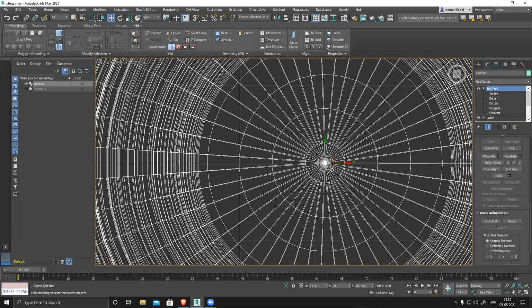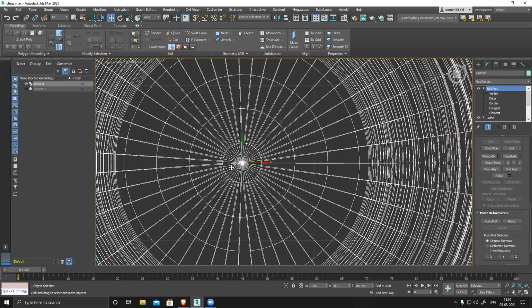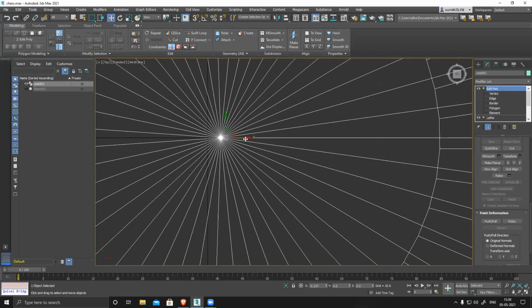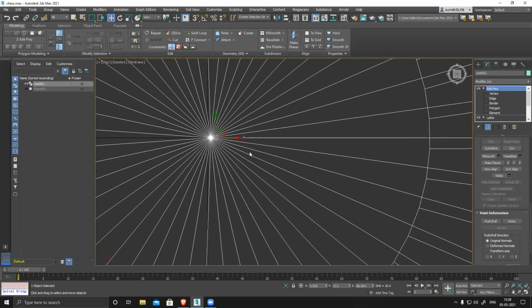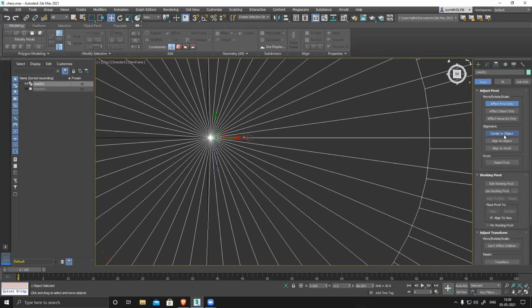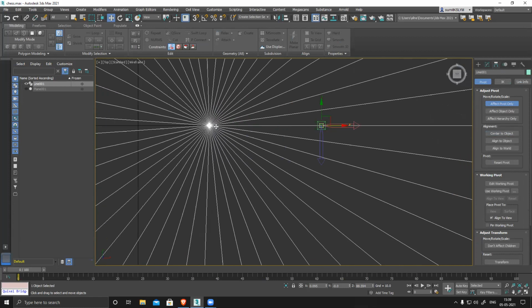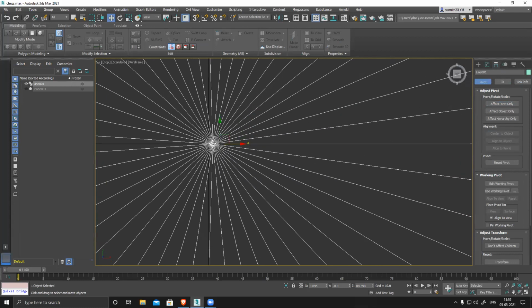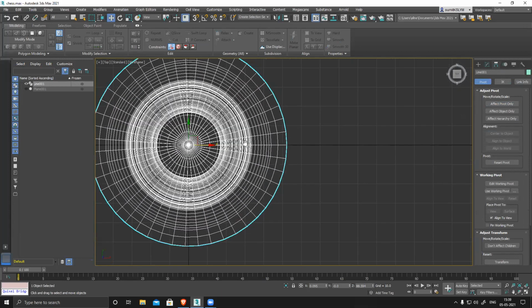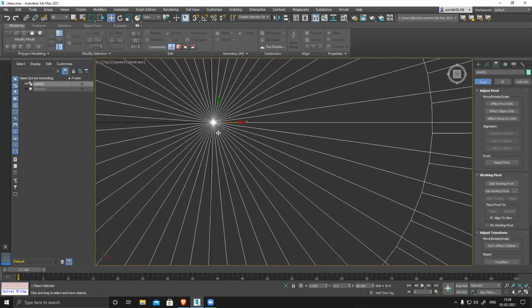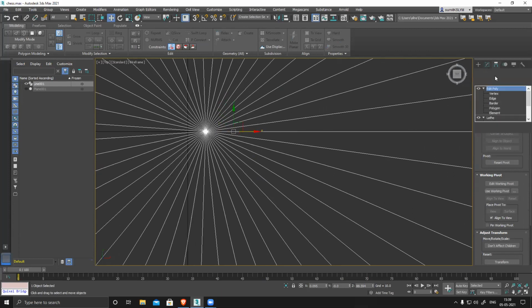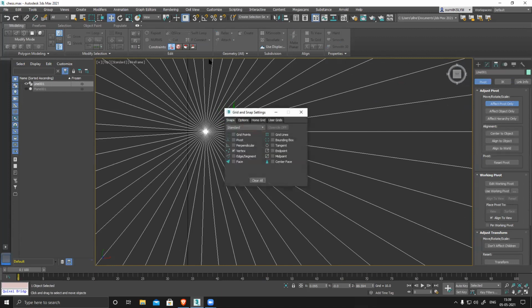In top view, I can see it's off center. Move it, and I can snap this. It's already in center. If I want to fix this perfectly, I have to make it perfect. It's an object center, but you can see the object center is also not correct. That means there is some issue with the model. So what I have to do is fix the pivot point and switch on my snap. I can switch on grid snap this time.